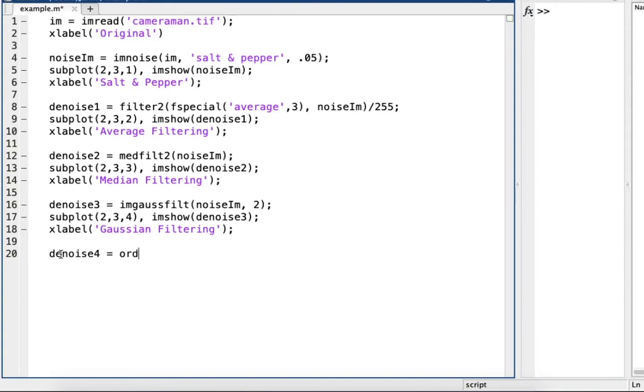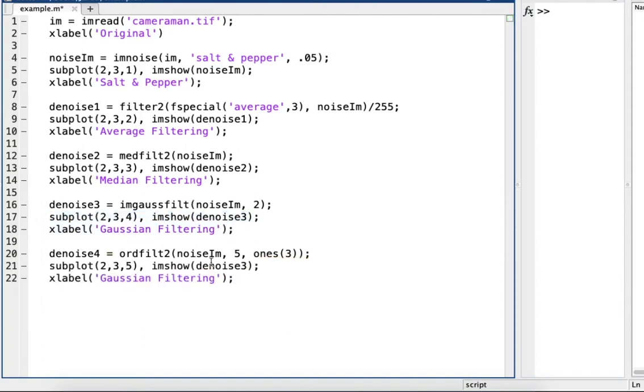So that's ord filt 2, noise IM, ones 3. We'll copy and paste this, and then do rank